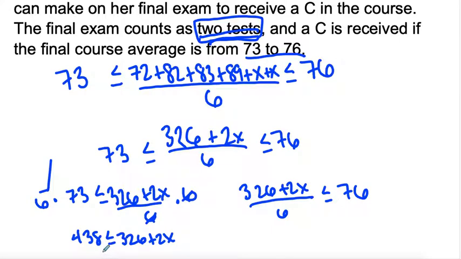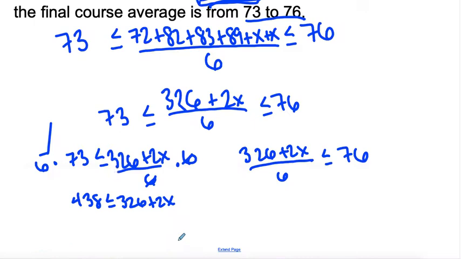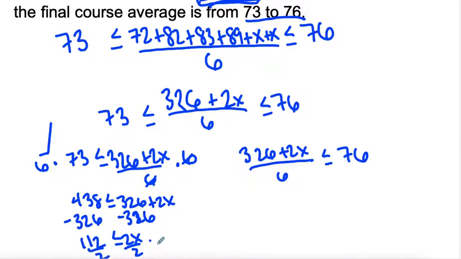So subtract 326. Subtract 326. We're left with 112, which is less than or equal to 2x. And then divide both sides by 2. And we're left with 56 less than or equal to x,